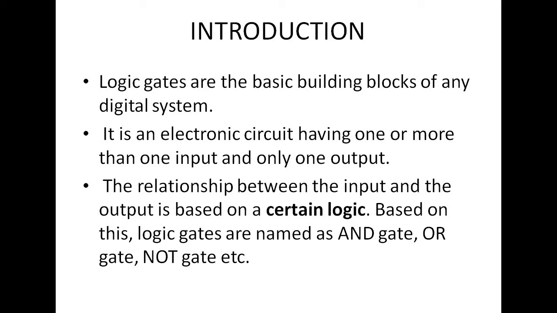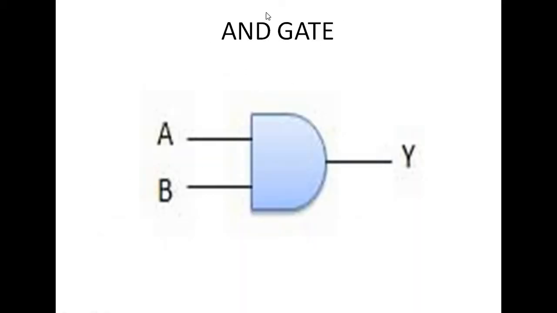Today we'll discuss the different types of gates, their circuit diagrams, and the truth tables of different logic gates. So first we will start with the first logic gate, that is nothing but the AND gate. What is generally an AND gate? In case of AND gate, if the two inputs are high, then only the output is high. That means, let us consider the inputs are A and B.